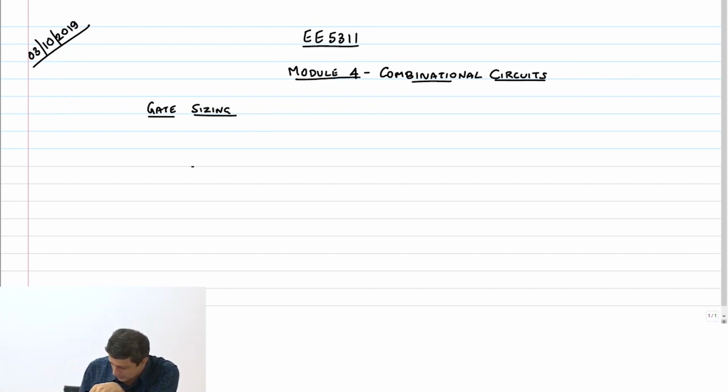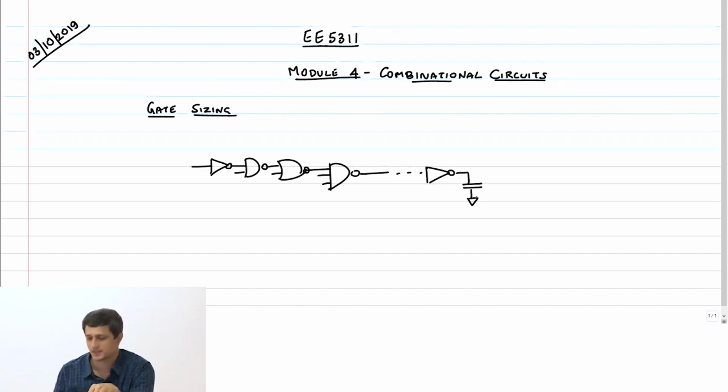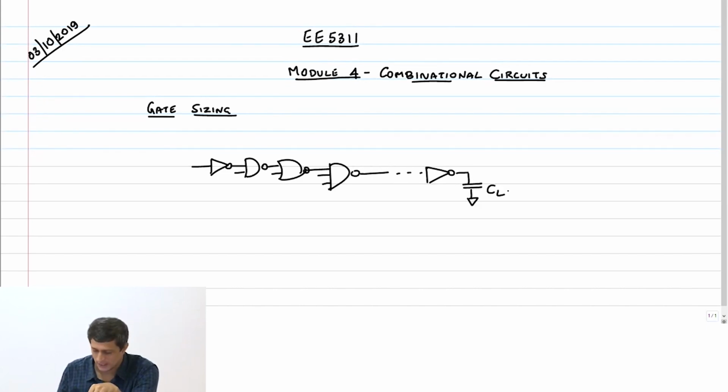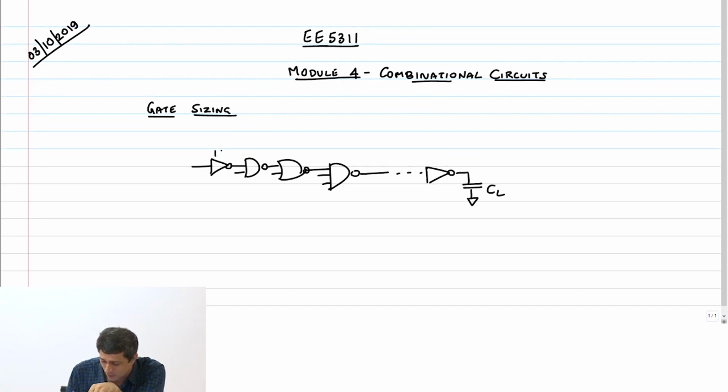Okay, so basically it's like this. You have, let's say, an inverter, maybe some NAND 2, then NOR 2, maybe NAND 3, it doesn't matter, or NAND 4, all the way to the final inverter, and then you have a load capacitance CL. Let's assume, without loss of generality, that this first inverter is a unit sized inverter. So this is just a 1x inverter,